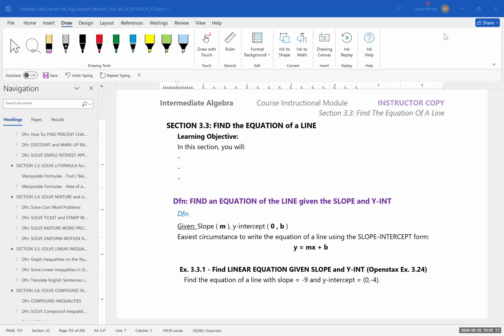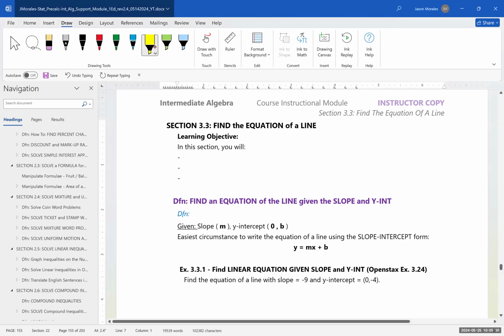Okay, moving on to the next section of chapter 3. This is finding the equation of a line. So find an equation of the line given the slope and the y-intercept. So given the slope and the y-intercept, this is the easiest circumstance to write the equation of a line using